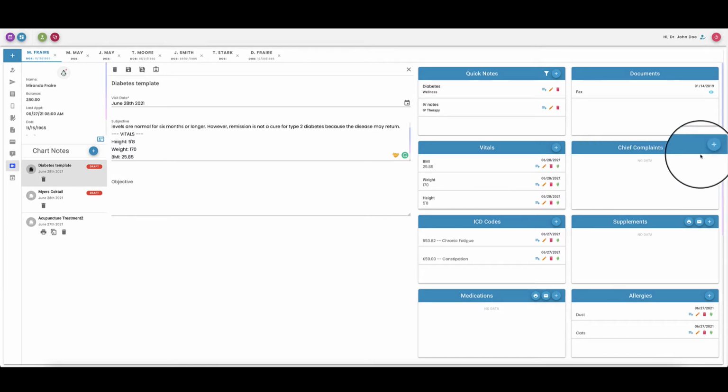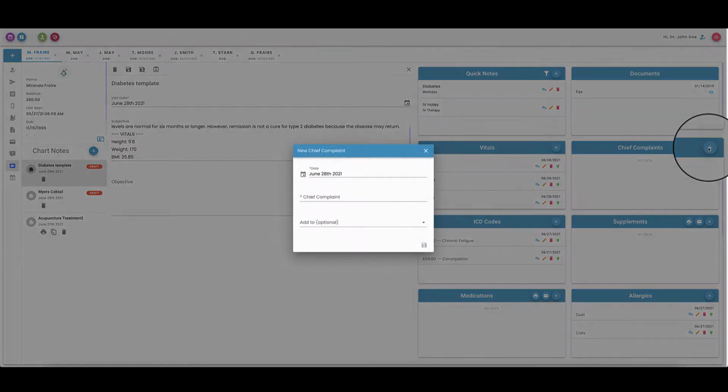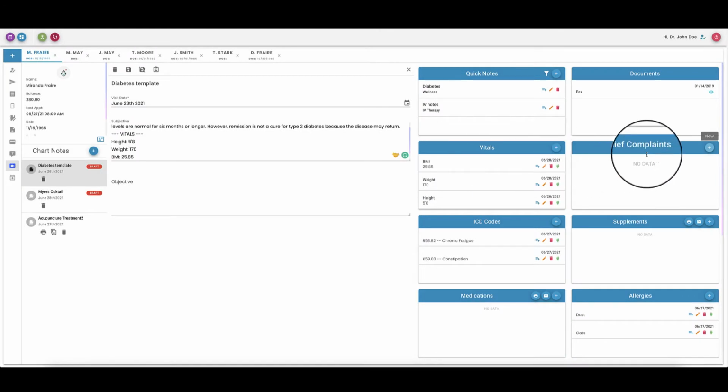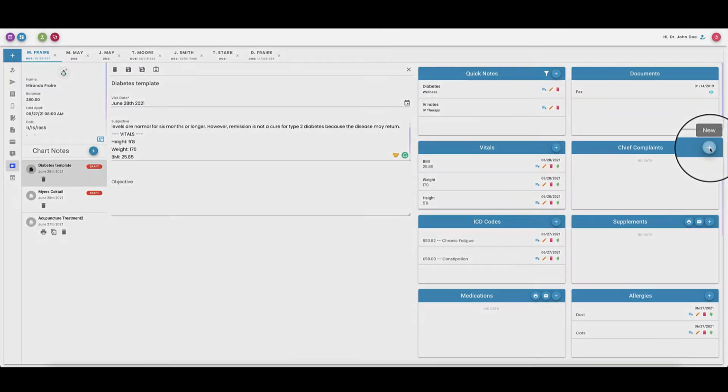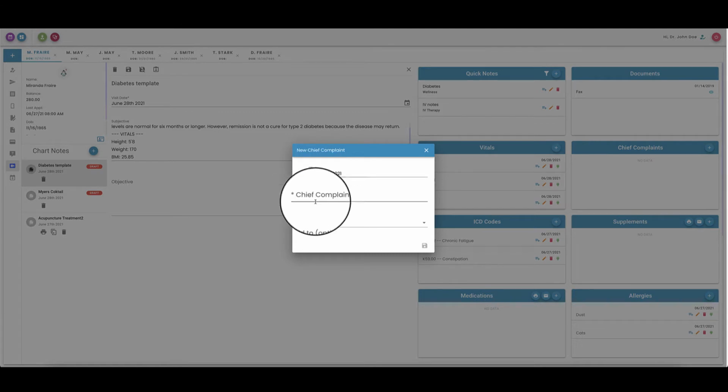The chief complaint widget is independent from your chart note. So you'll be able to come in and add a new chief complaint. It's going to ask you to select the date. You're going to enter the complaint. And you can add it directly from this window in case you want to add it. If I go ahead and click save,